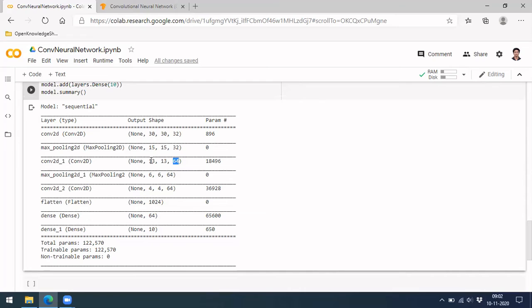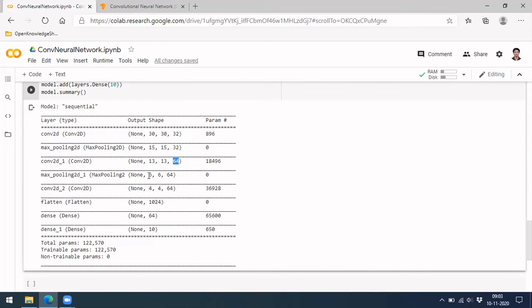Similarly, in the second convolution the number of filters is 64, so your output is 64. You can see these two dimensions are reducing from 32 cross 32 cross 3 to 13 cross 13 cross 64. The depth of your network is increasing.